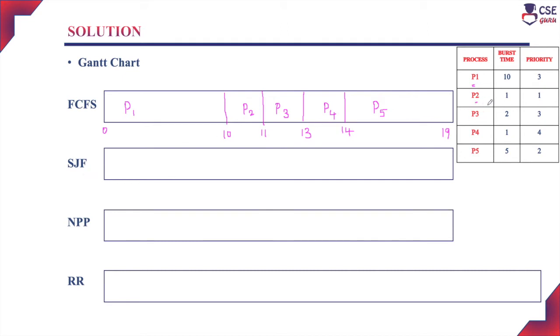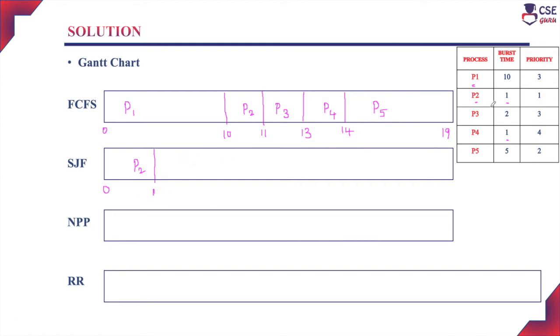If you consider here, process P2 and process P4 have the least CPU burst time. Since both the processes have the same CPU burst time, we need to consider the FCFS order for these two processes. Here, process P2 enters into the job queue first, and then only process P4 has entered into the job queue. So first we will assign process P2 to execute with the CPU. So process P2 will execute with the CPU for 1 millisecond.